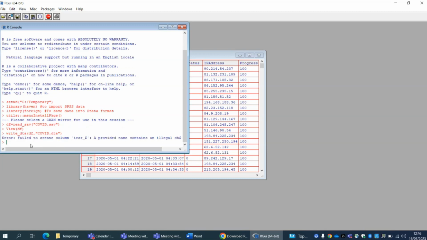So yeah, error has come. It said failed to create column iesr underscore dollar. Provided name contains an illegal character. So basically, SPSS allows this kind of character, but Stata doesn't allow. So for that, you have to rename this dollar sign. I mean, you have to remove the dollar sign and put another name